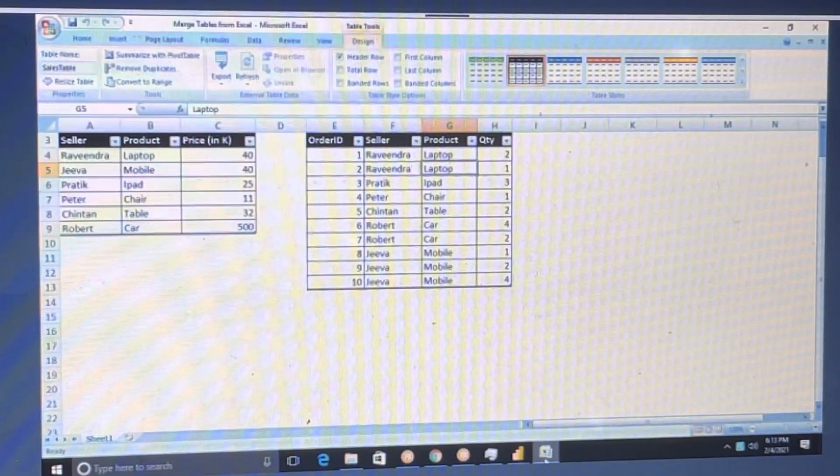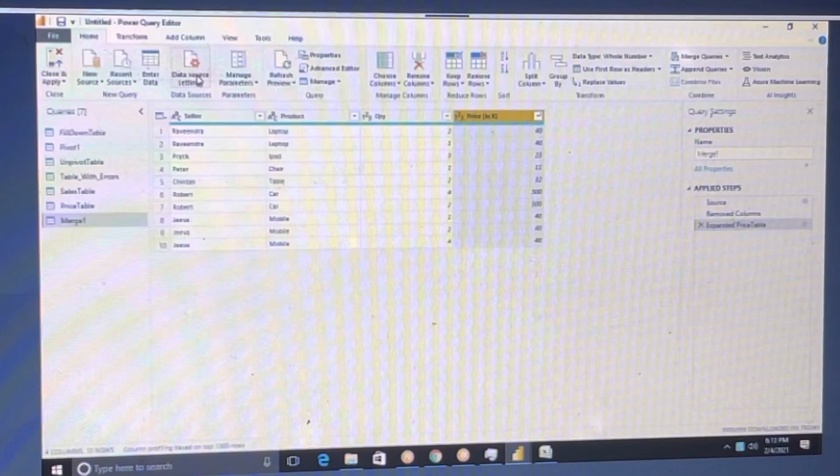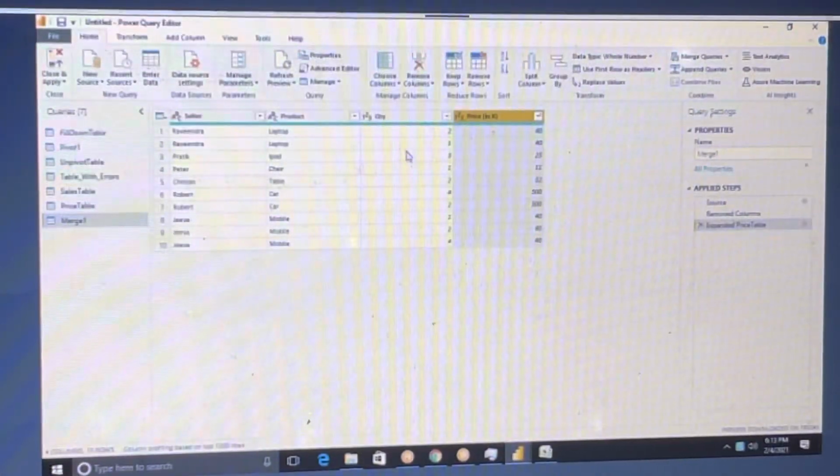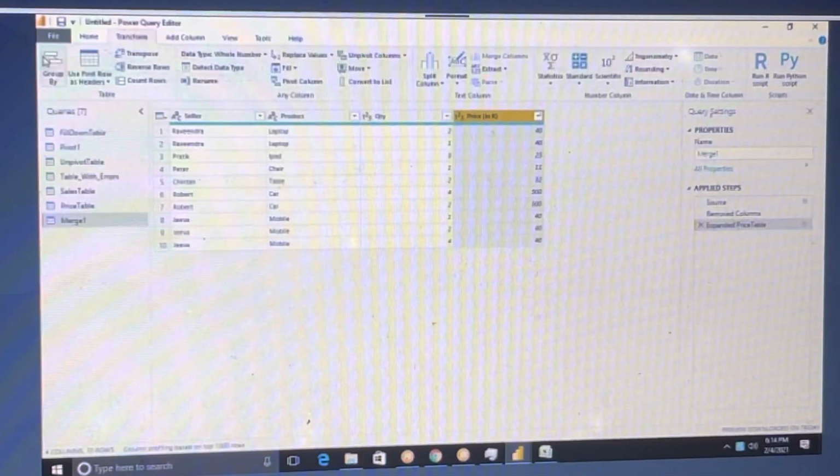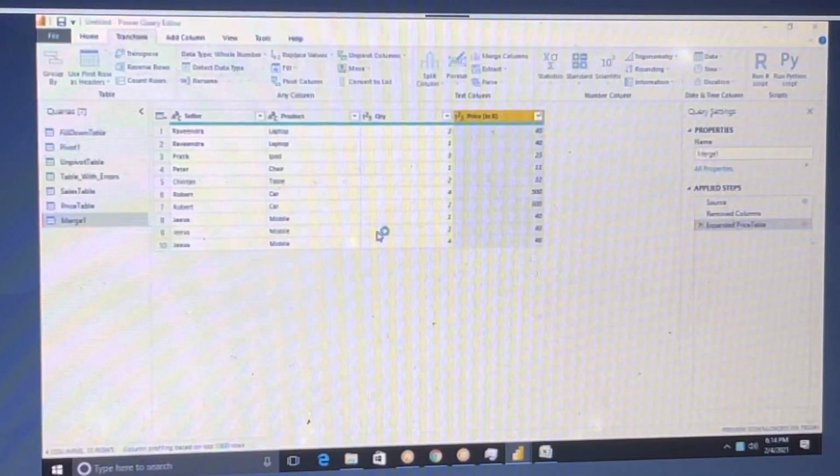Previously I talked about group by, right? We can do group by product, group by name, group by quantity, and find the sum of price. Correct. Yes, we can do that by using group by. Here we have the group by option. Can you do it? It takes like one second.